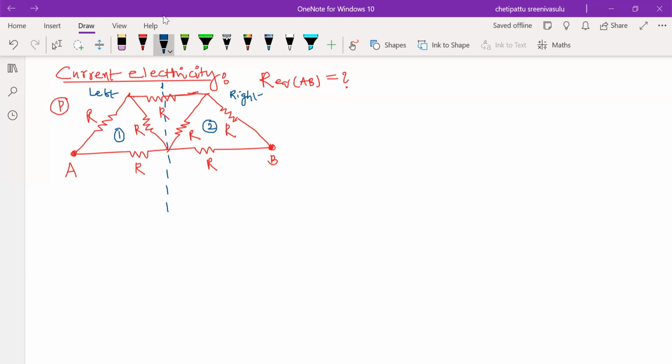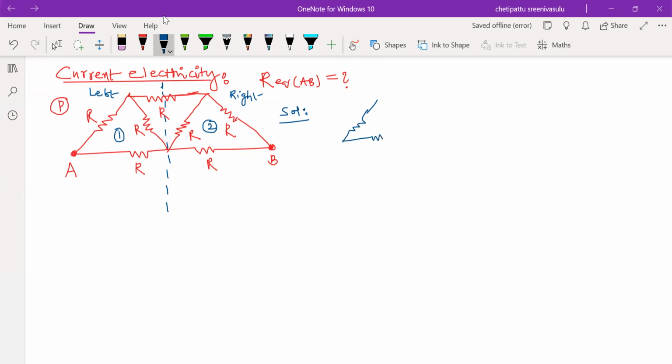So how do we solve these types of problems? For the solution, first of all, you take one part, the left side part or the right side part, find the solution for that, and then add that solution to the second part. You can understand the problem is given like this.